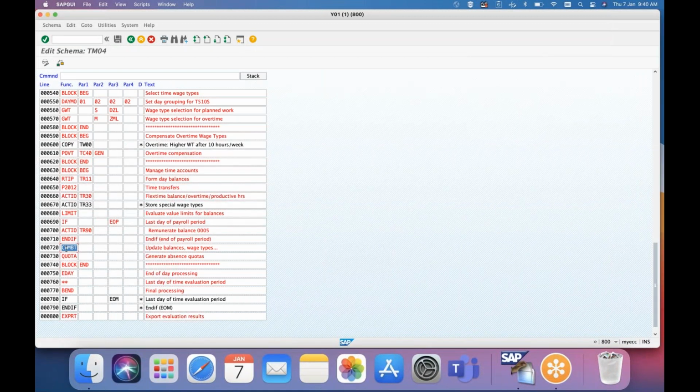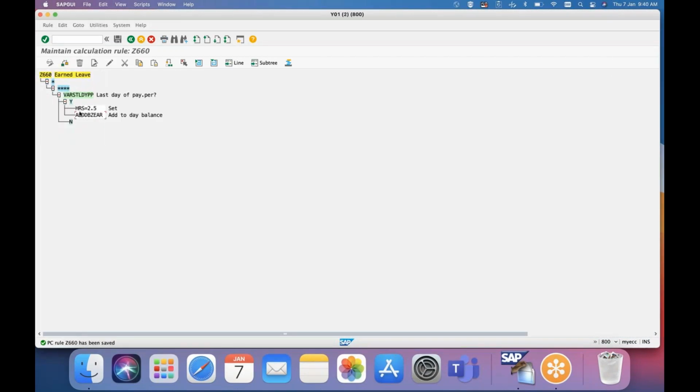As I said, when you are generating, in this particular PCR, what we are doing, we are adding to DB, means day balance, to this time type. So as I said, we have a temporary day balance table.